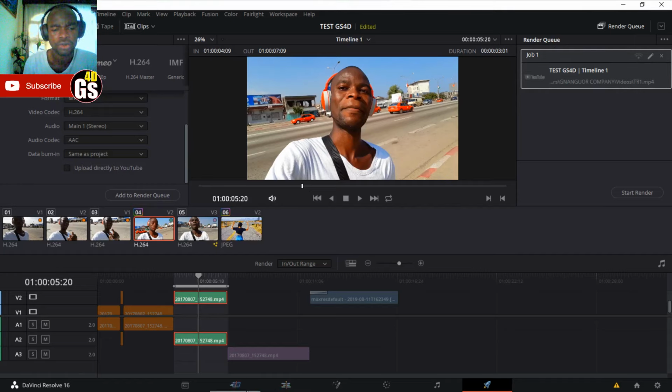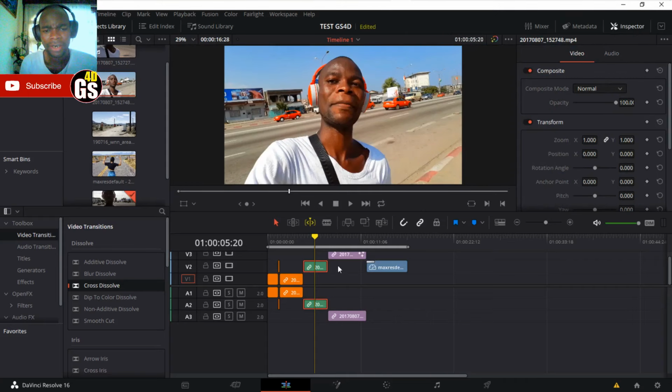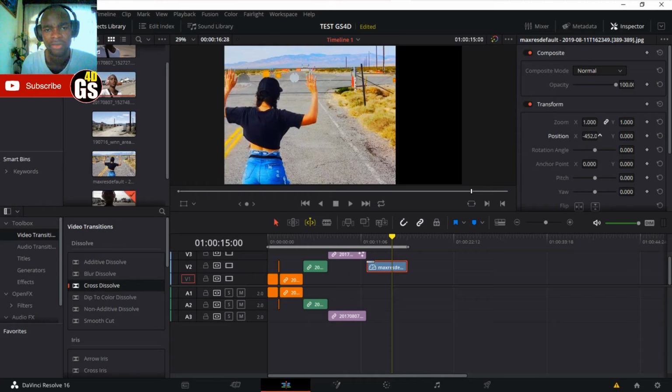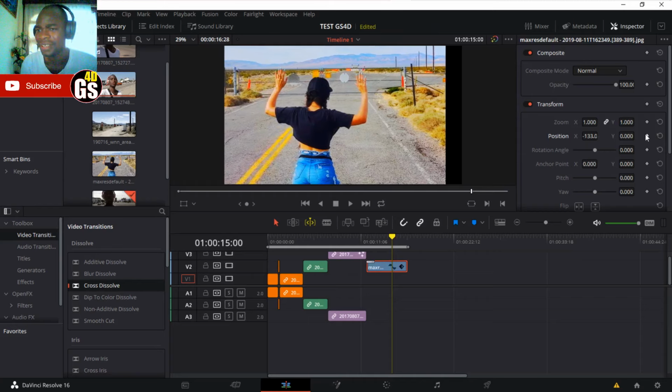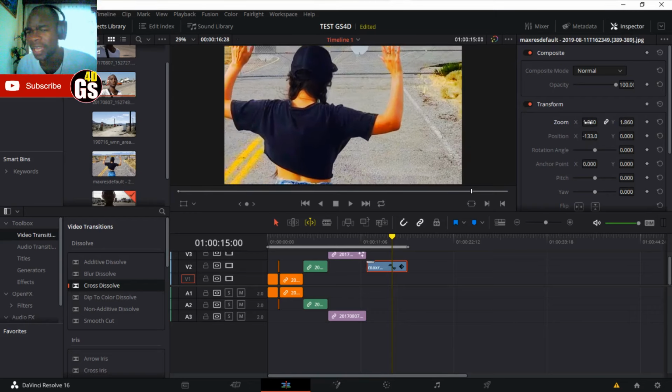Okay. Before doing this, let me show you something special. On the edit page, you can click on inspector. On inspector, you can increase, for example, the position of your image. You can do this. You can also add a key, okay, and do what you want, like After Effects. You can also do zoom like that, and you can do many things here.